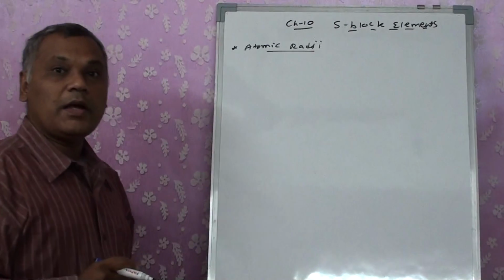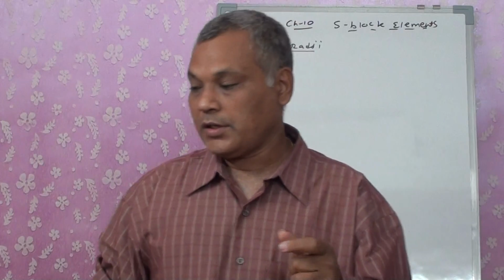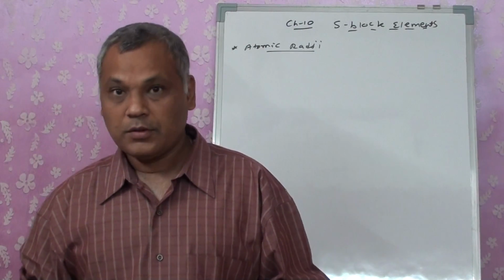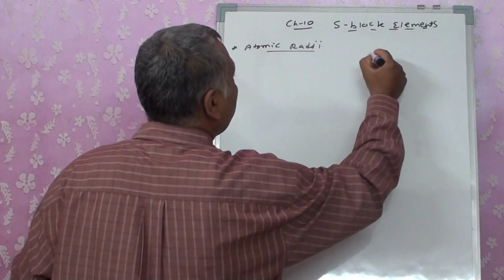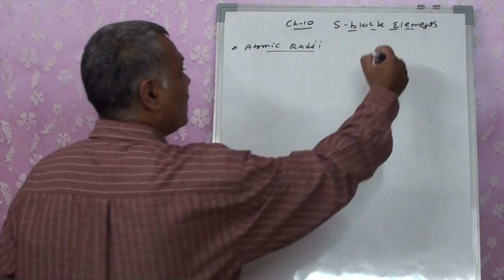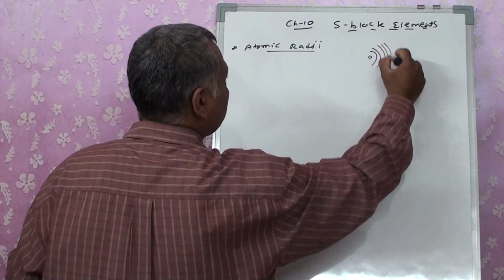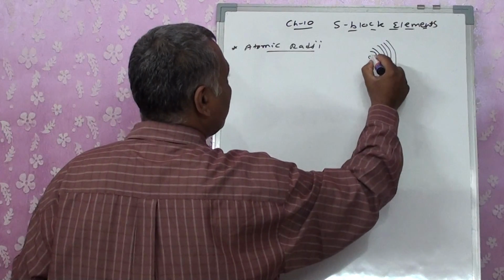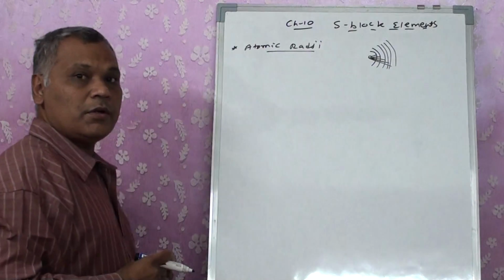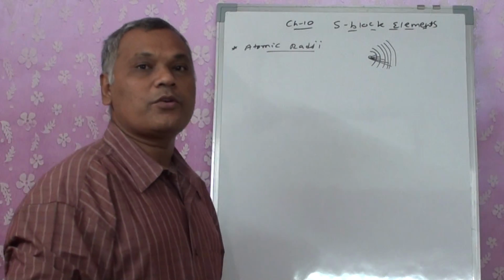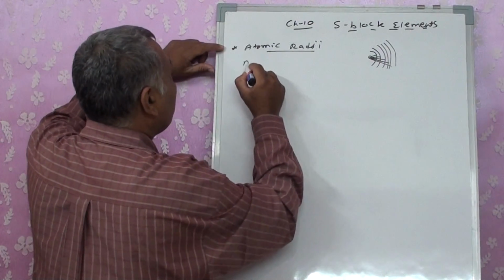Now we know it. Atomic radii means what? We have defined it: the distance between the nucleus and outermost electron. That is considered to be atomic radii. Now we know that this is our nucleus, and 1s, 2s, 3s, 4s, 5s, 6s. That means as I move from top to bottom, what is going to happen? The distance between the nucleus and outermost electron is going to be increasing. As a result, we can say that atomic radii